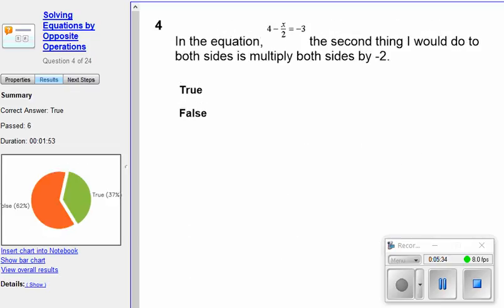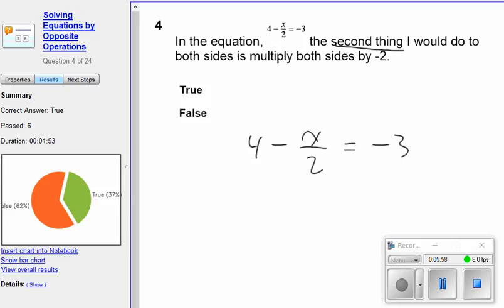In our fourth question, it says in the equation 4 minus x over 2, or 4 minus half of x, is equal to -3. The second thing I would do to both sides is to multiply both sides by -2. Now this is a really tricky question, and I'll tell you why. Because when I write this out,